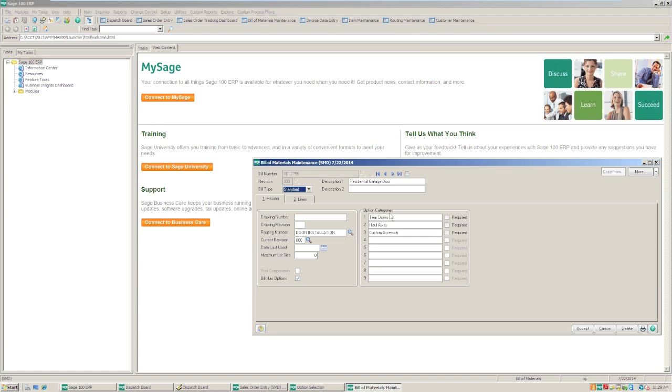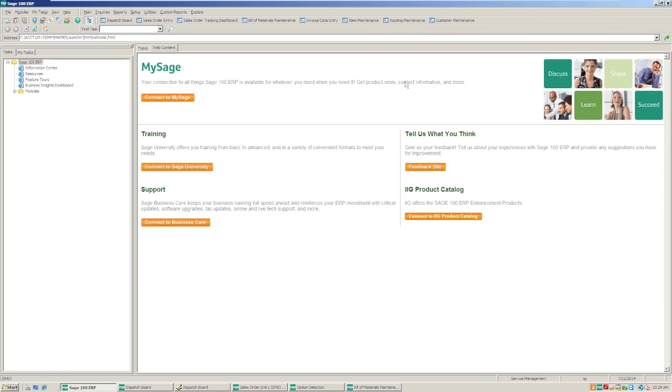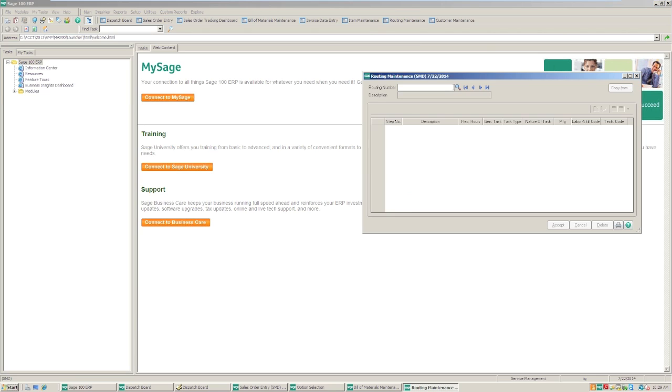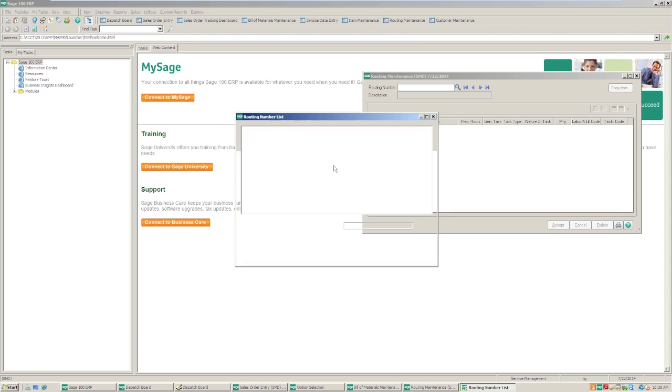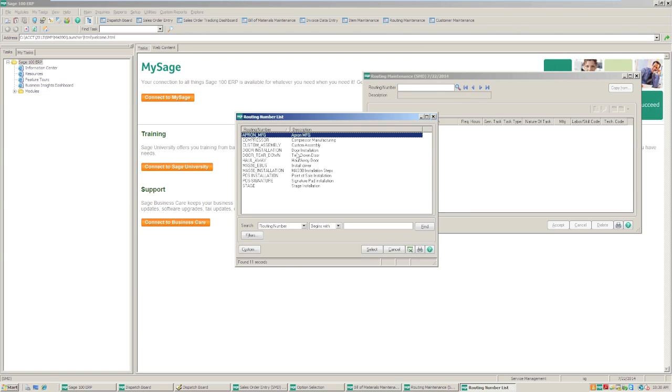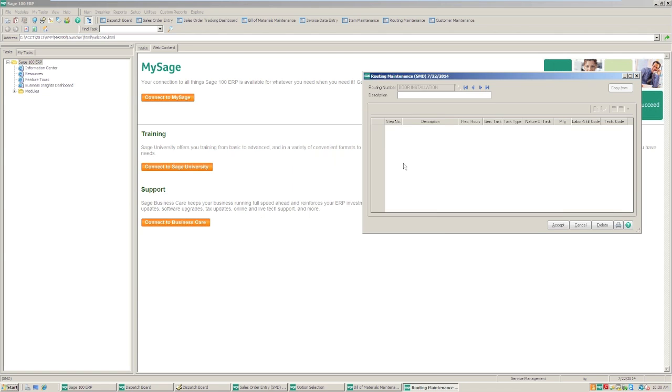So here's a residential door. These are the questions. I have a routing created for door installation, which we can quickly view as well. So here's my door installation routing. It has these steps. So what the system is going to do for every task that I flagged as generate task,